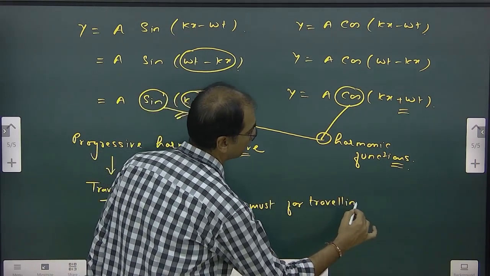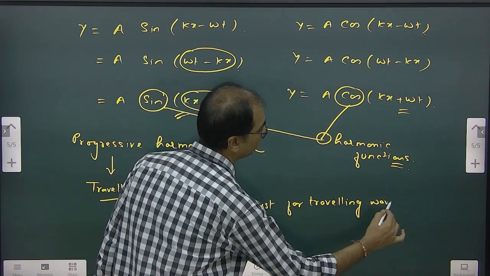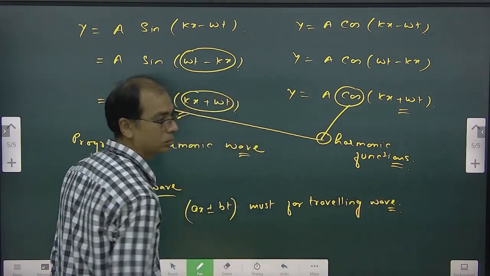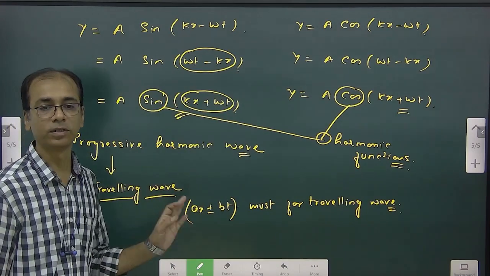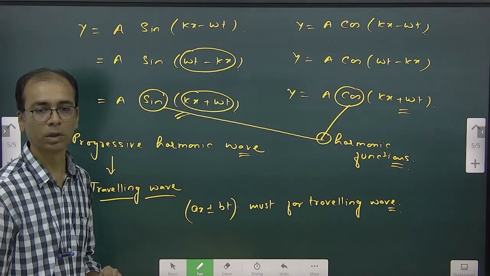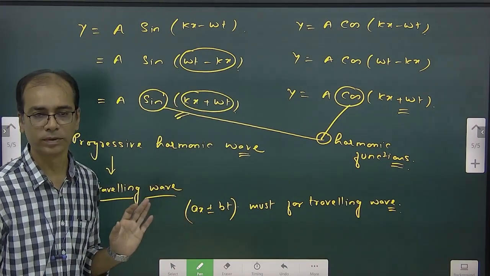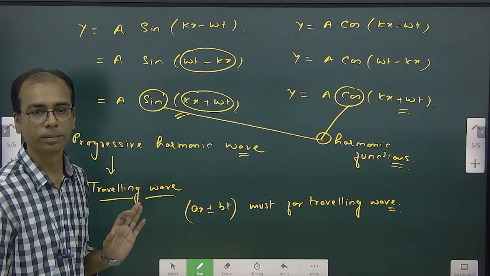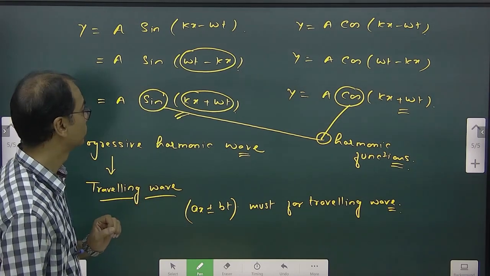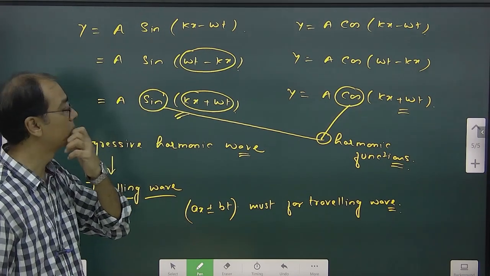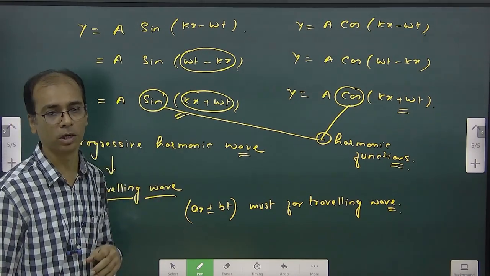Okay, this is necessary. Then only we will say that wave is traveling. If it is not there, we cannot say wave is traveling. Clear? Second thing, when we are trying to find out whether the particular function represents a wave or not, one